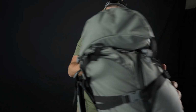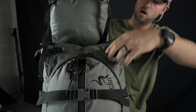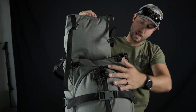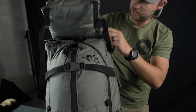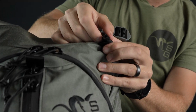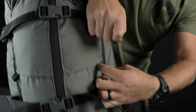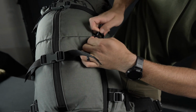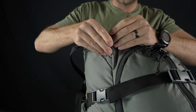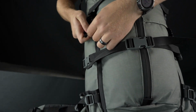Okay, now for the front of the bag, you can see again when this lid was blown up nice and tall, the buckles that the lid attached to were up higher. But now with the lid being down here, we're going to take these buckles. There's a quick detach buckle, push it in, pull out the side, comes out. We're going to move that down to the lower location. And this will just help keep our lid nice and tight. Again, move that down